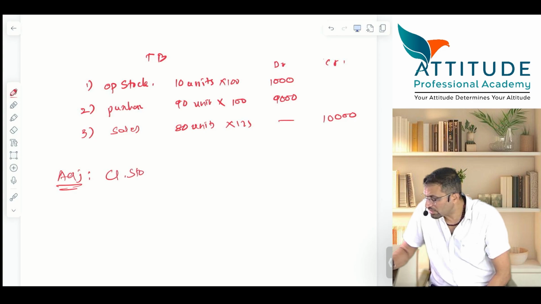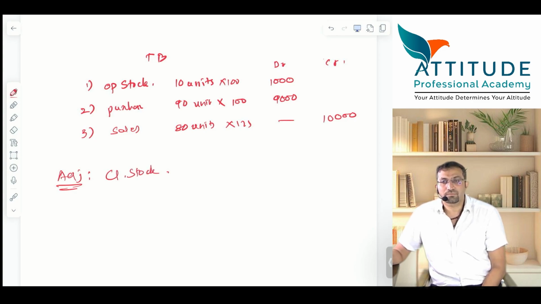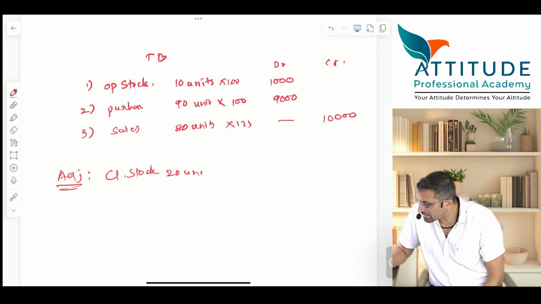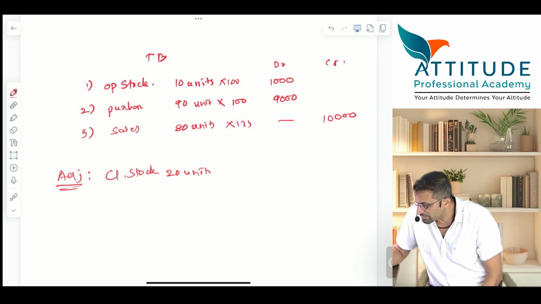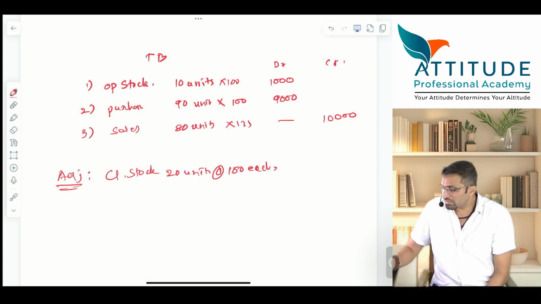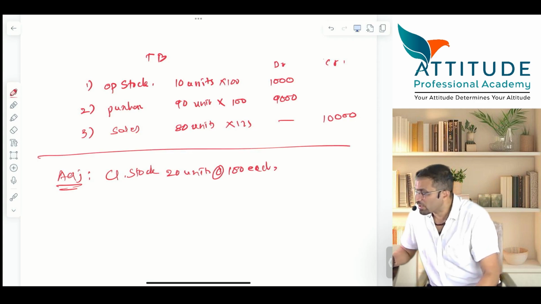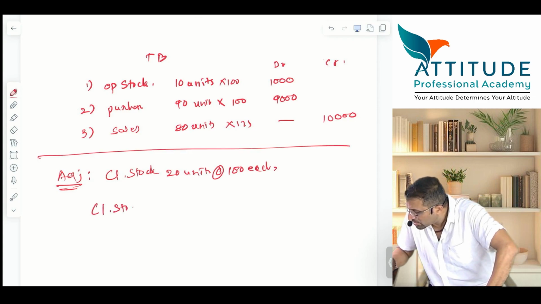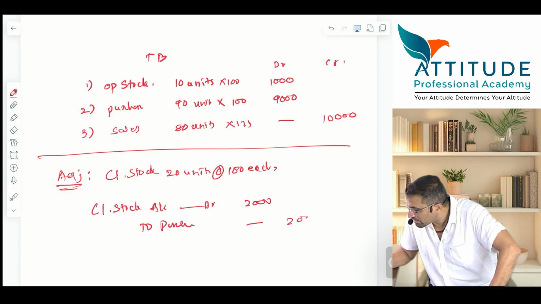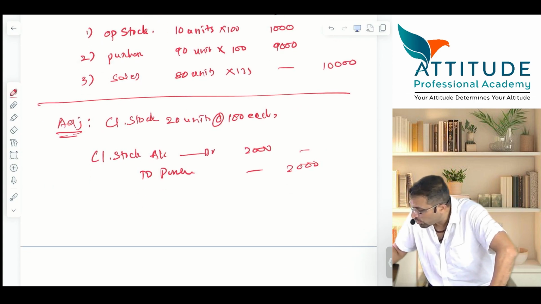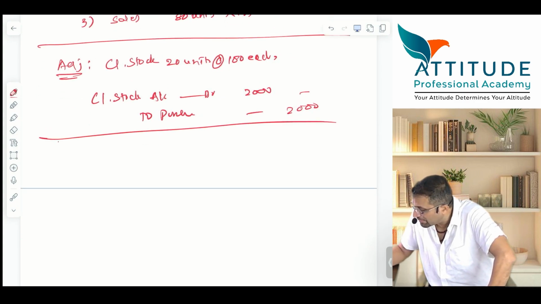What stock? Closing stock. Is that clear? Closing stock 20 units at the rate of 100 each. Now, outside trial balance is closing stock. Closing stock can't be adjusted against. Tell me. Closing stock account debit to purchases. How much? 2000, 2000. Now, after passing this entry, if I prepare another trial balance, TB,